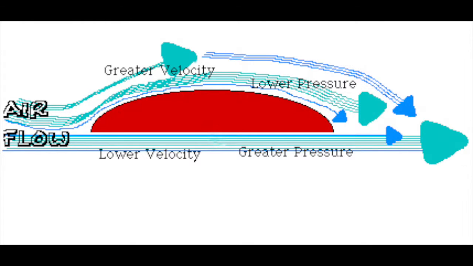As you can see from the diagram, the fluid, in this case air, passes both above and below the frisbee. From a design standpoint, we can see how the top is somewhat curved, whereas the bottom is straight and hollow. As the fluid passes the frisbee, the air on top, due to its curvature, moves faster than the air moving in a straight line on the underside of the frisbee. This causes the pressure on the bottom to be larger than the pressure on top, therefore providing lift, keeping the